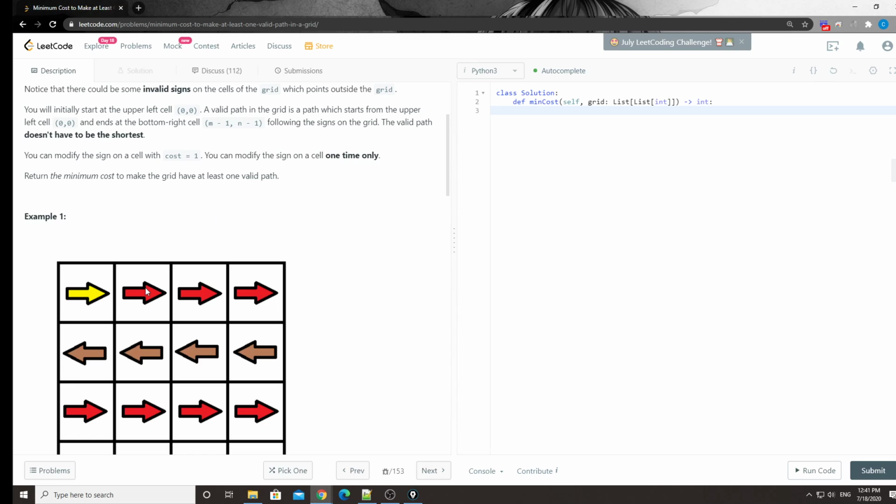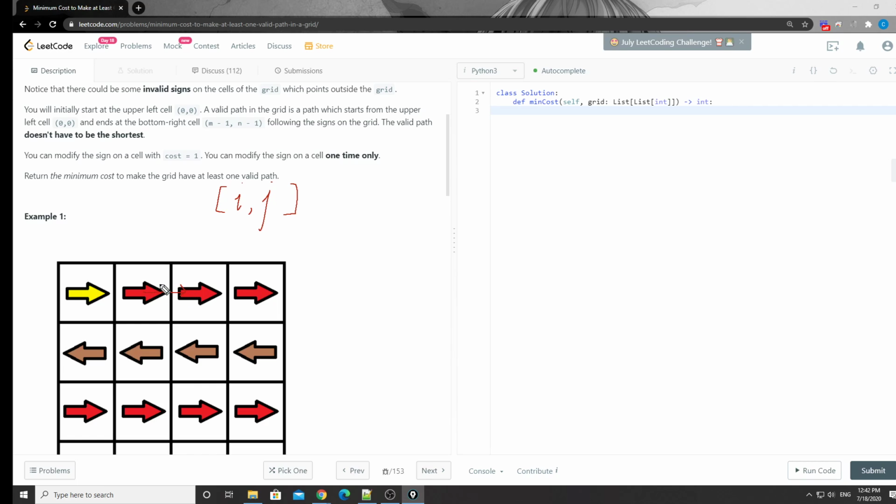Okay, so with that being said, what we need to do here is that at each position i and j, we try all four directions. Basically, we'll be adding four edges to the current i and j. The only difference is that those four edges have either zero or one cost on top of the edge. As you can probably realize, if the edge is following the same direction as this arrow here,